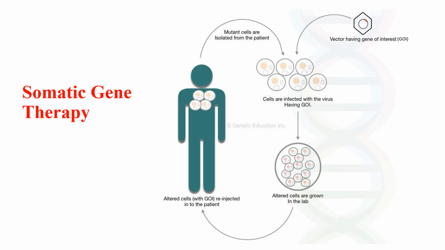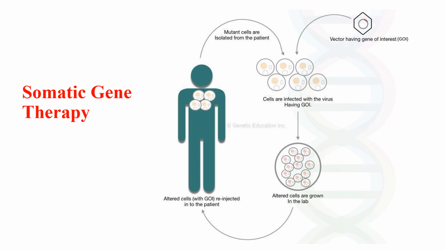First comes somatic gene therapy. Cells other than germline cells are somatic cells. So, somatic gene therapy is the replacement of defective genes in somatic cells. Although somatic gene therapy can be applicable for all the somatic cell types, the common target is the bone marrow cells, because cells present in the bone marrow are the only cells that can divide throughout life and produce different types of blood cells.